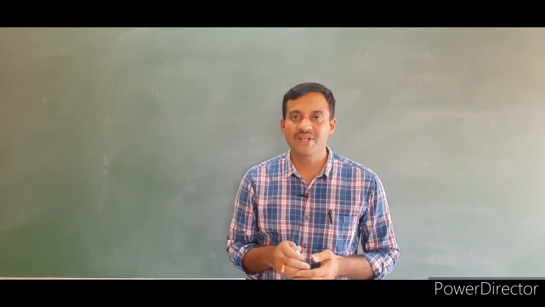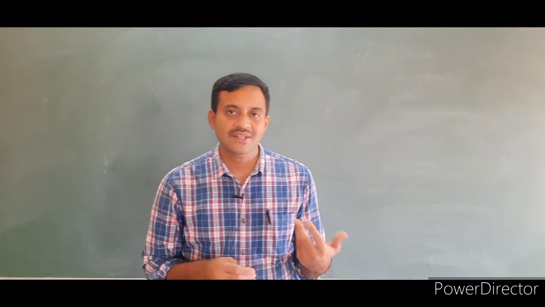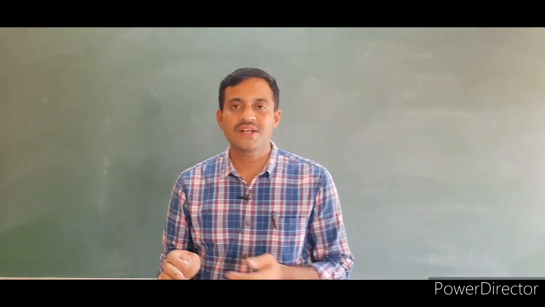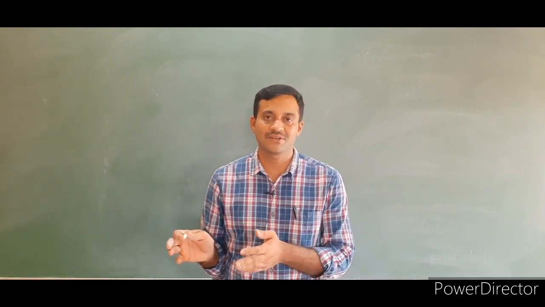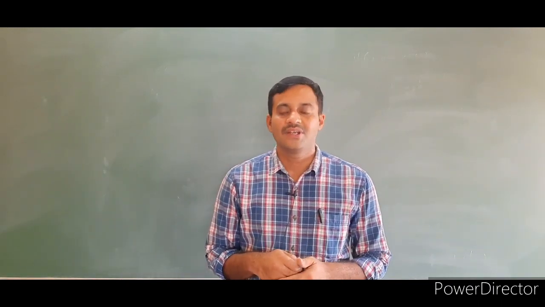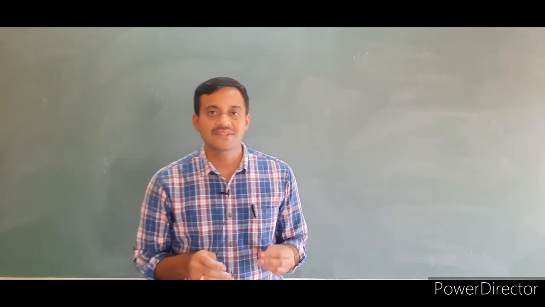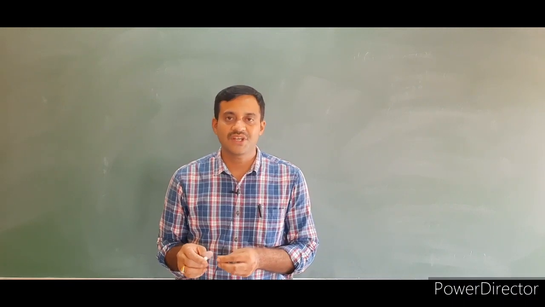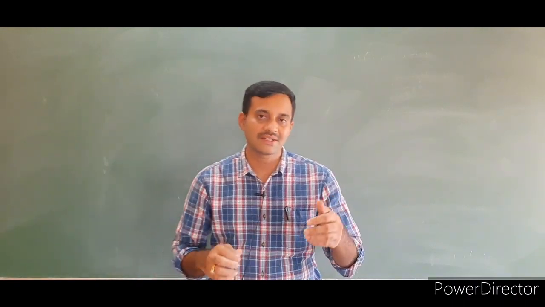There are two methods to define a member function. The first one is inside the class definition, the second one is outside the class definition. If it is inside, it is the same as a normal function, and it is also called an inline function. If we define a member function outside the class, then we use the class name along with the scope resolution operator. Only the function header changes, the remaining part is the same.